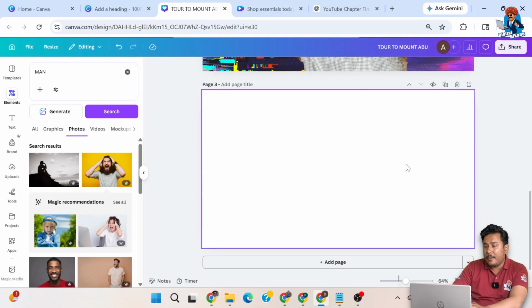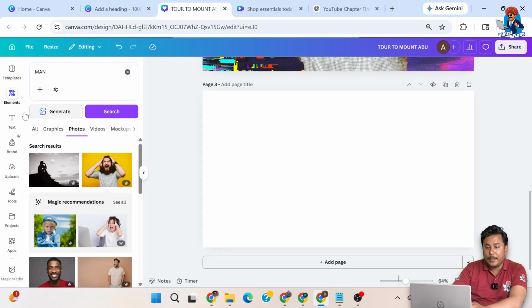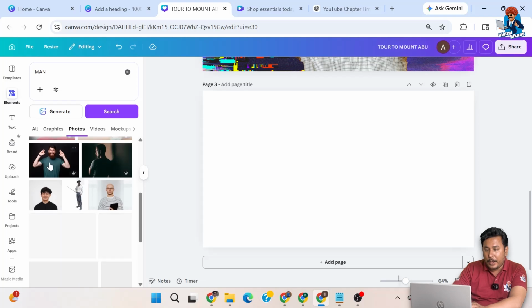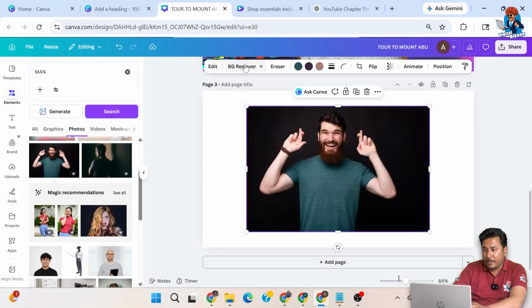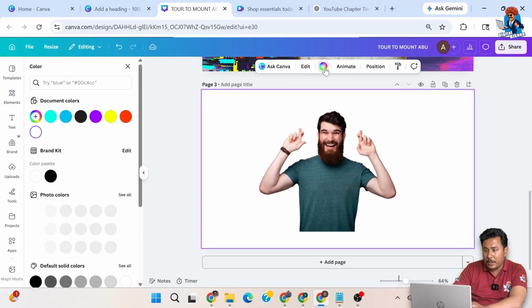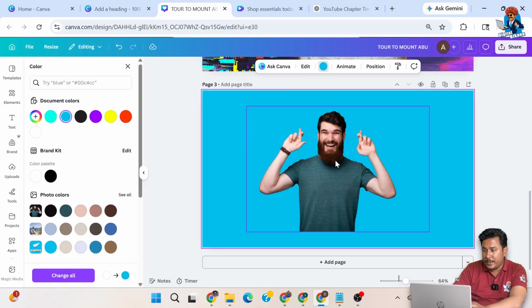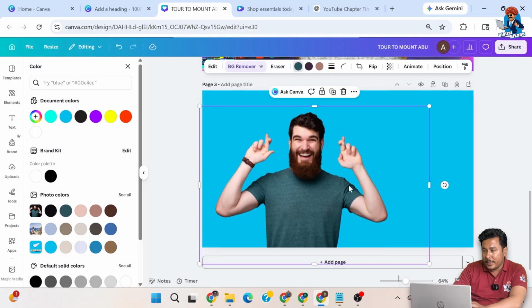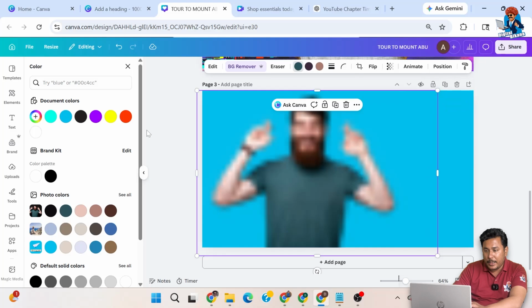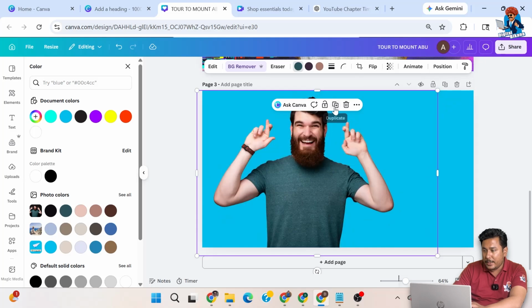As you can see, I have just selected a blank template and here we are going to search for man image in the elements and we are going to explore all the images, right? So for example, I am just selecting this one image, okay, and we are just removing the background and changing the background color to this, and now we are just increasing its size, okay, and now we are just duplicating